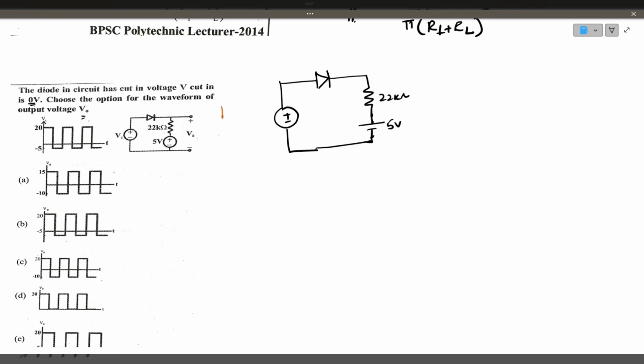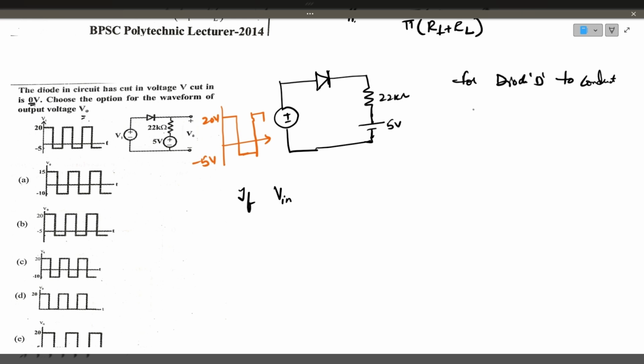Input voltage has the positive peak at 20 volts, negative peak at minus 5 volts. This is 20 volts. This is minus 5 volt. This is the peak. So if you analyze the circuit, the N type of the diode is connected to 5 volts, so P type should be greater than 5 volts for the diode to conduct. For diode D to conduct, input voltage should be greater than 5 volts. Okay, so if input is greater than 5 volts, output voltage will be,